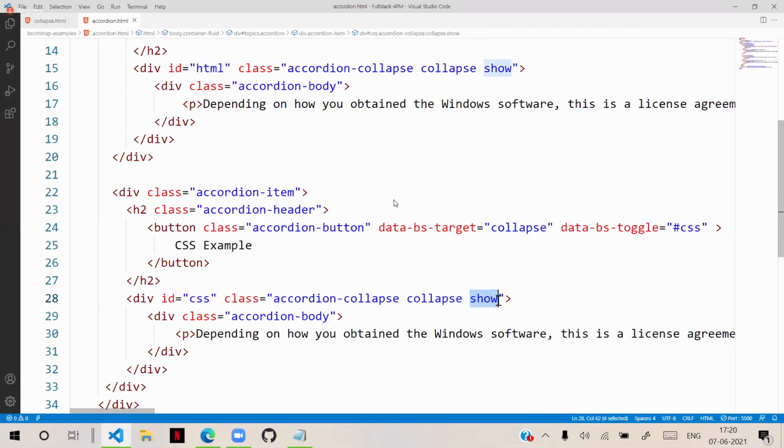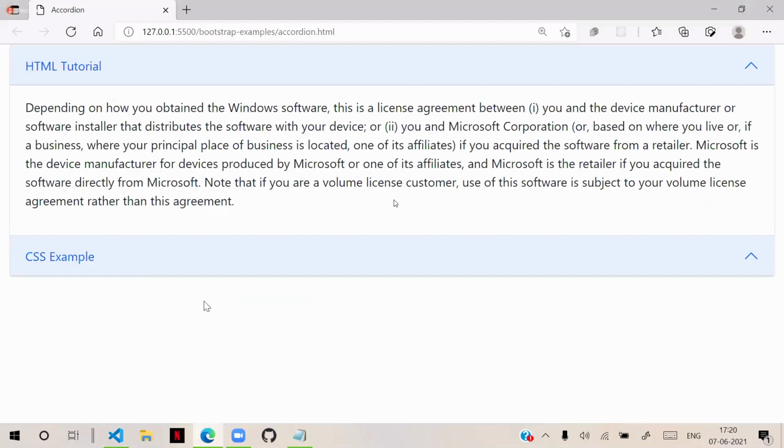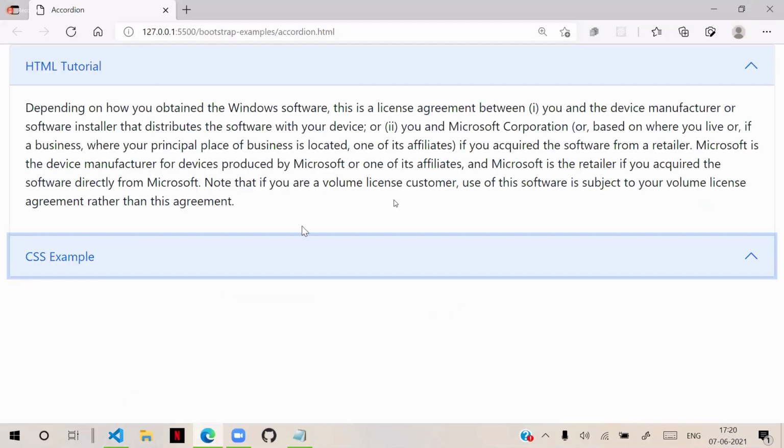It will not have show. Only one option will be displayed as show. We are configuring in this way. Now this is the second item inside it, so we have two items inside that, and you can see these two items are there.